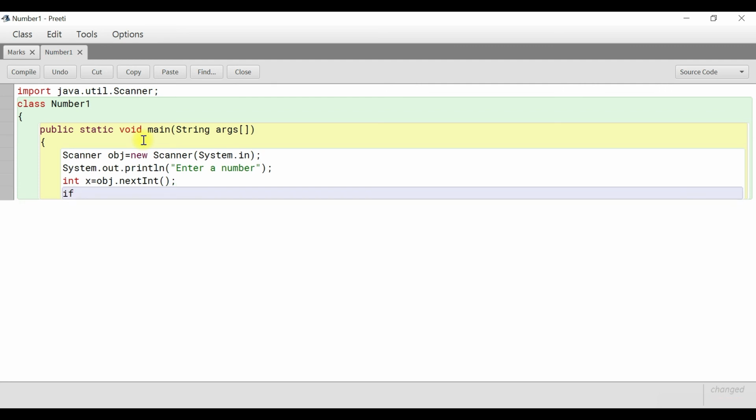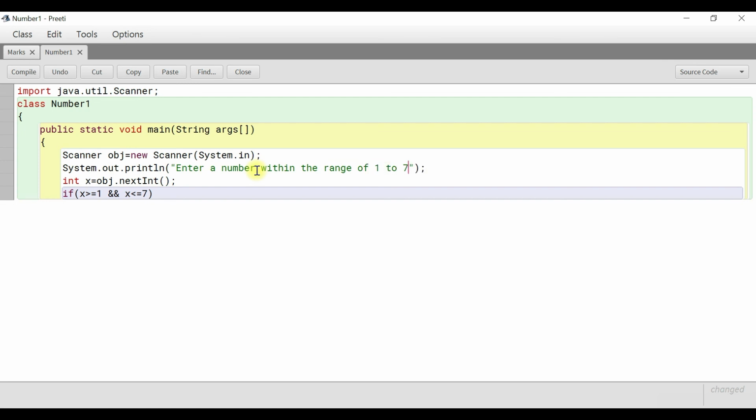Now we will apply the condition. If x greater than or equal to 1, or greater than 0 can also be given, greater than 0 or greater than or equal to 1. Fine. If x greater than or equal to 1 and what is our range? 1 to 7, and x less than or equal to 7. Okay, "Enter a number within the range of 1 to 7."